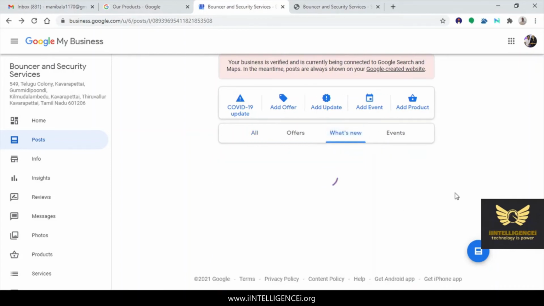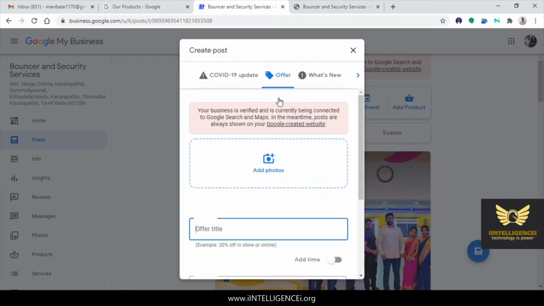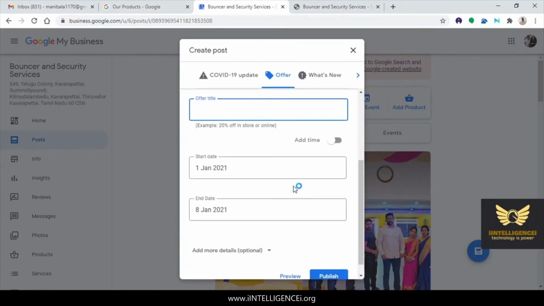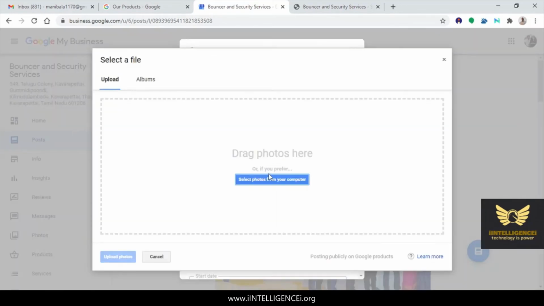What's new? No, add offer. Okay, offer title. I'm just giving a select photos.